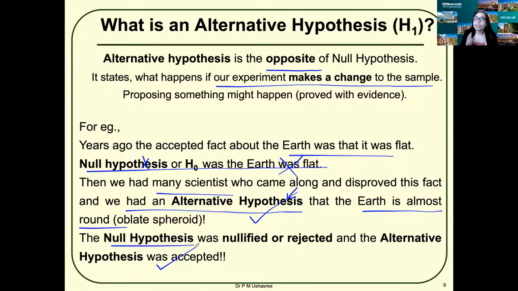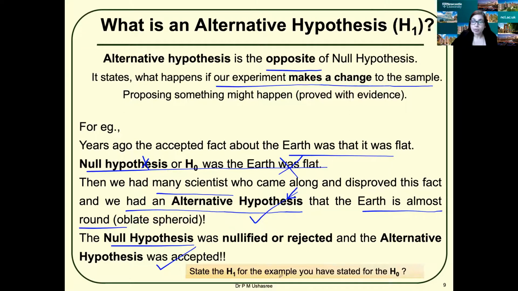Got it? So the alternative hypothesis, what is that? It is just the opposite of the null hypothesis. That is, it tells you that there is a change. It has made a change. There is a change, okay? And null hypothesis, no change. Okay. Now,